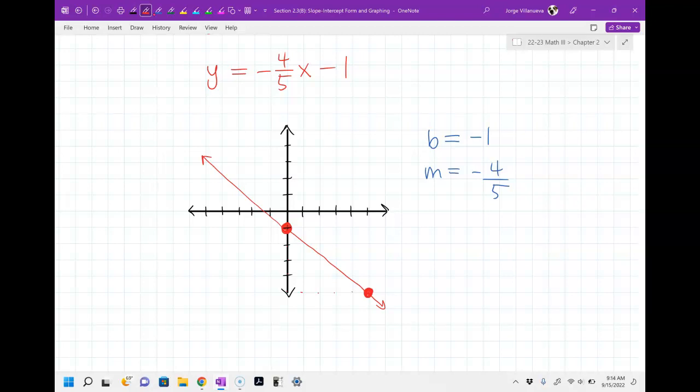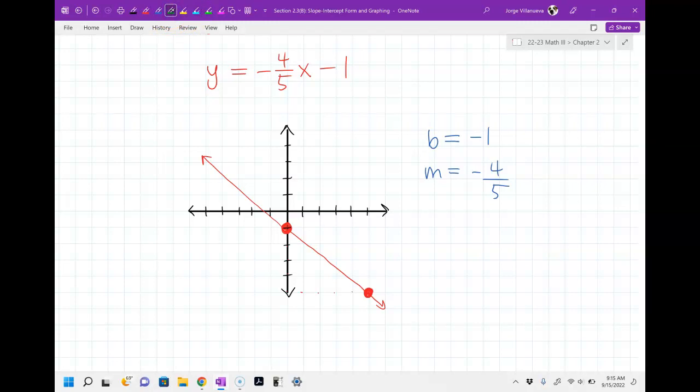Go ahead. Despite the negative and positive sign, the bottom of your denominator of the slope, is it always going to go to the right or is it going to have to go to the left? 95% of the time, you always run right. The only times you don't run right is if your graph is like,